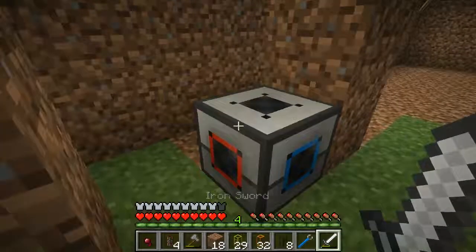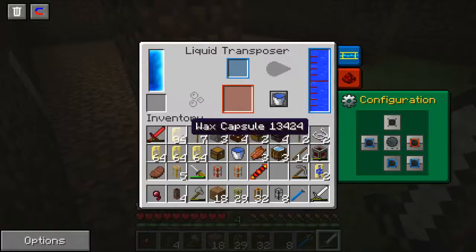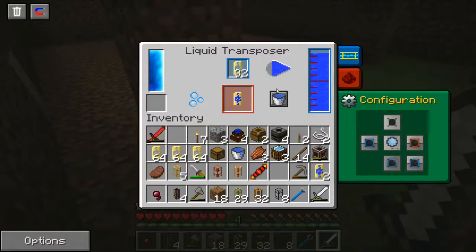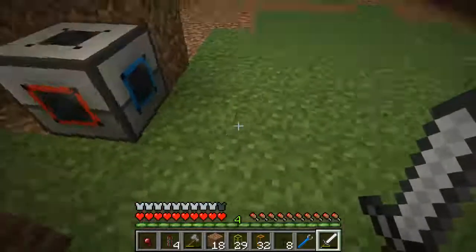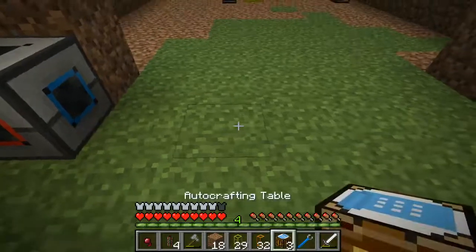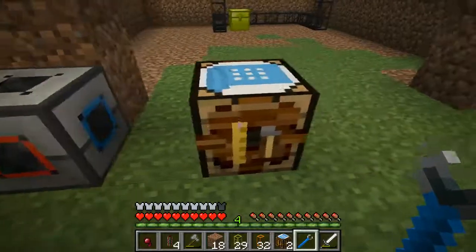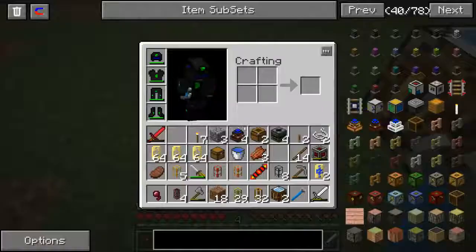Ooh. Did I just turn that? I did. Neat. So I can turn that as well. Well, let's go ahead and stick these in here and just get a few capsules. Alright, so that's going to build up capsules, and we'll let that go. And we need to put an auto crafter right here. So now this is going to pump into the auto crafter, and then I'm also going to be taking